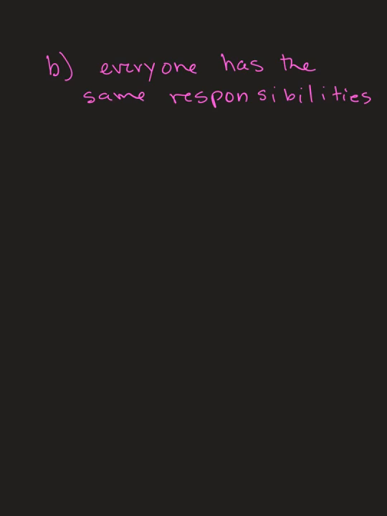Okay, now everybody has the same responsibility, so no one's getting any special labels, so therefore the order doesn't matter. So this is a combination, and we're going to use C. The big set is 20. The small set is 4, because we're picking the 4 people. All right, but they all get the same responsibilities. So 20C4